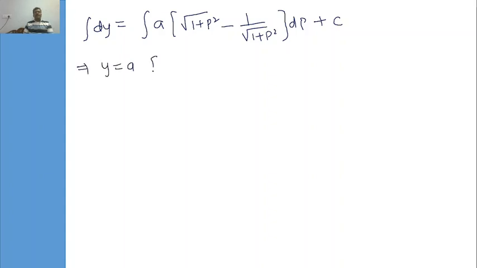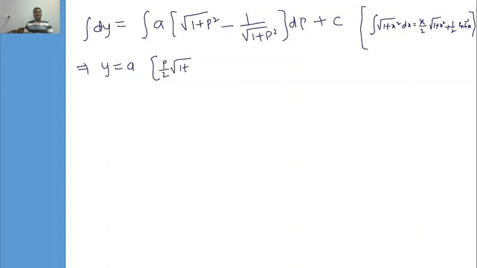We know the formula here. Integral of square root of 1 plus x square dx equals x by 2 under root of 1 plus x square plus 1 by 2 sinh inverse of x. This is the formula. So using this formula, a times the integration of square root of 1 plus p square is p by 2 square root of 1 plus p square